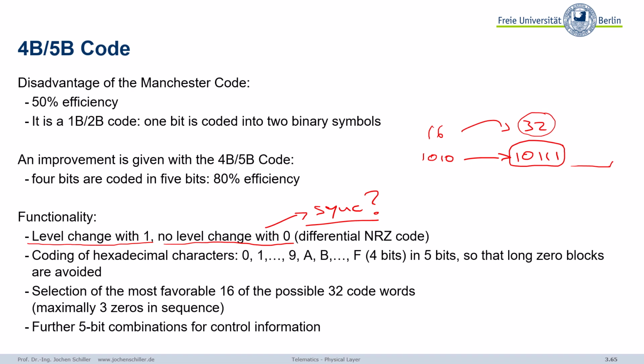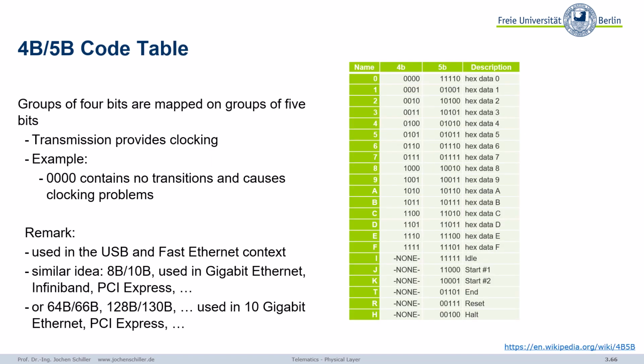And here for the 4B, 5B codes, it was made in a way that we have a maximum of 3 zeros in sequence. And as we now map from 4 to 5 bits, we have some additional combinations that are not valid data symbols, but some additional commands, for example. It works as follows. So we group 4 bits, map them on these 5 bits. And as you see here, for example, we map this 1010